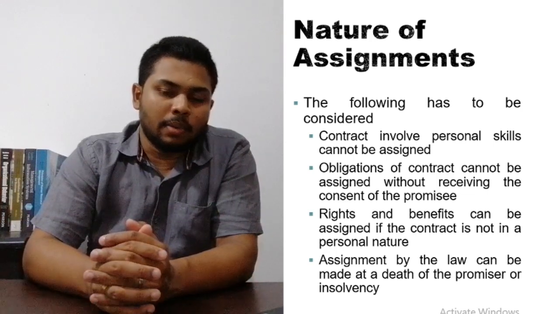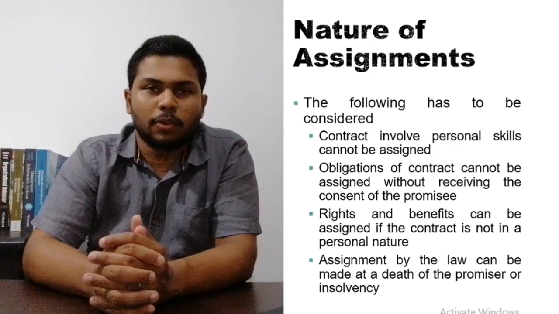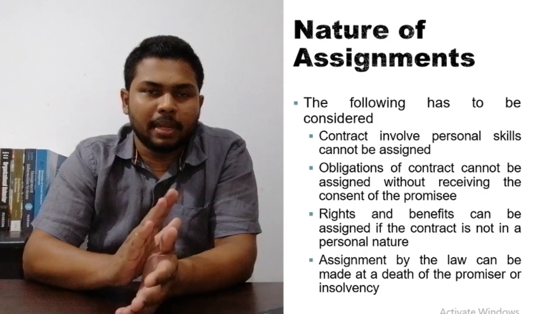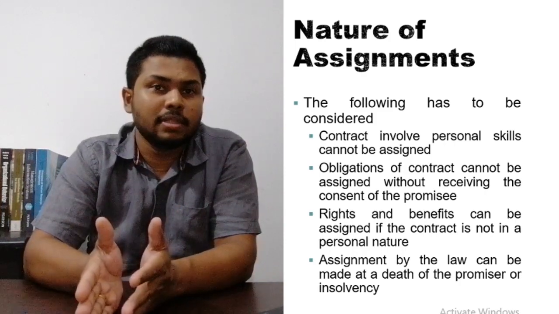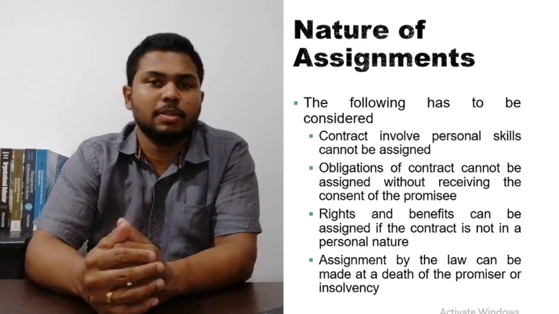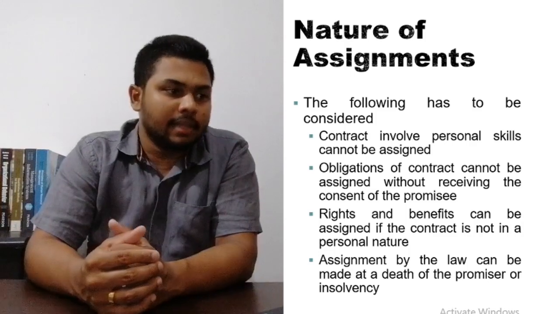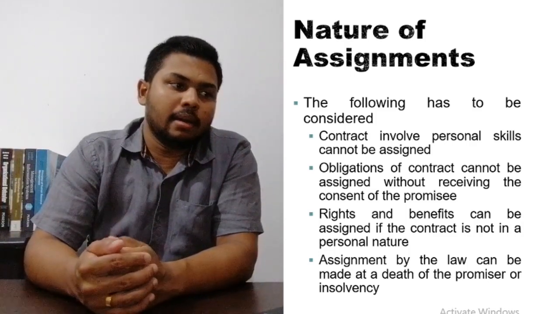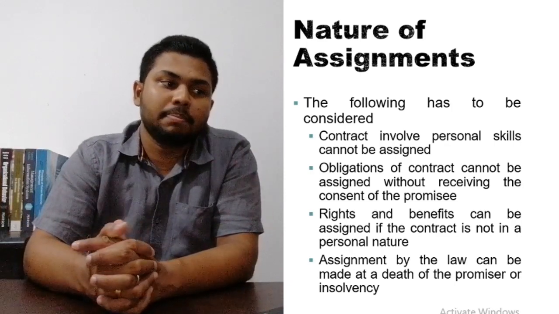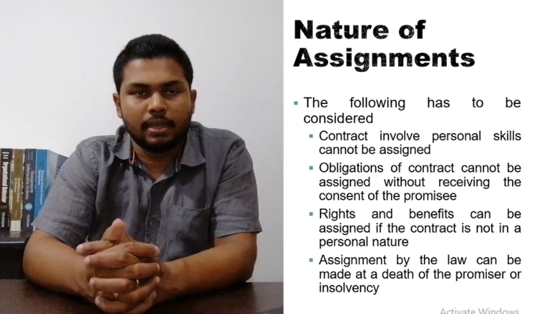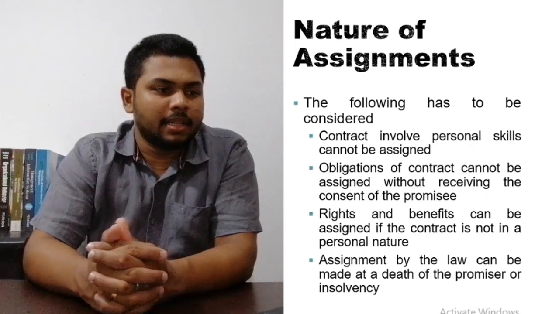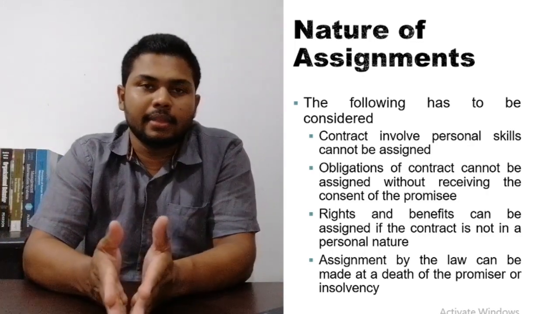See, now in a case of death, of course the legal personality has to be there, but that is justifiable. No? But when it comes to the obligations of the contract, the promisee has to give his fullest consent to assign some of the duties and responsibilities of the promisor to the other party. Then rights and benefits can be assigned if the contract is not of a personal nature, right? You can understand that. Okay,